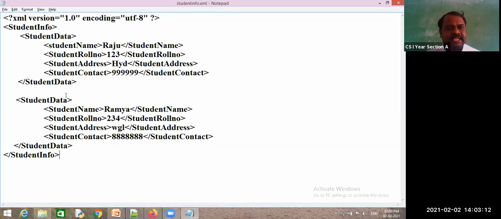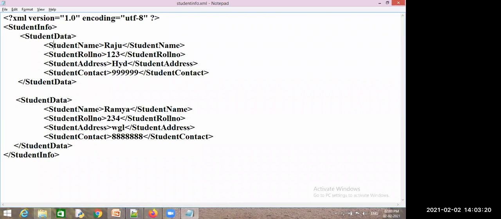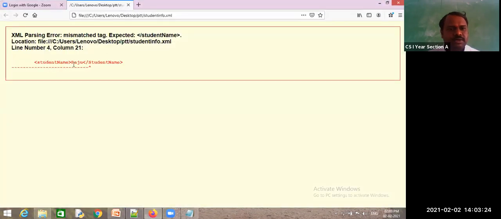But is it clear? If I do not follow the rule, is it returning an error or not? Yes, sir. It will immediately convey that you made a mistake here, and you try to solve that problem. It will even give you the line number and column number. The column number specifies in which character you got that error. See, if you count from this left side, you will get this one as the 21st character.